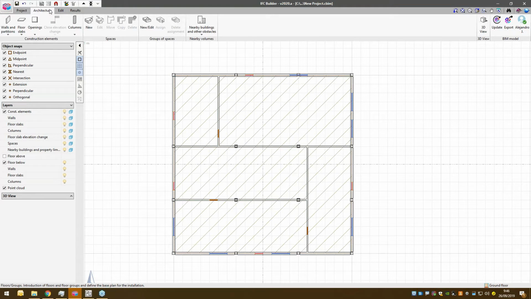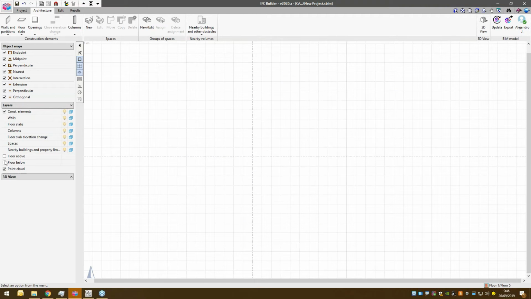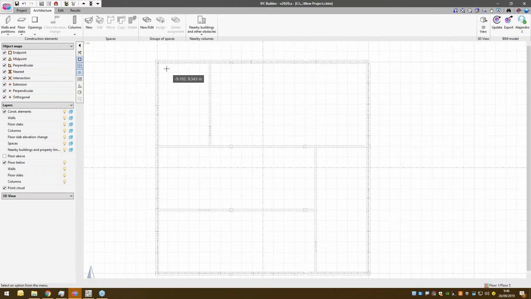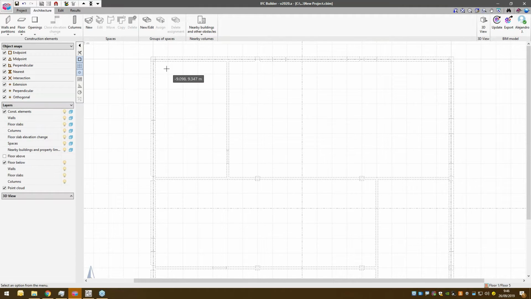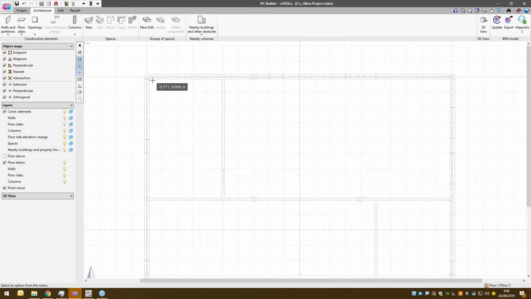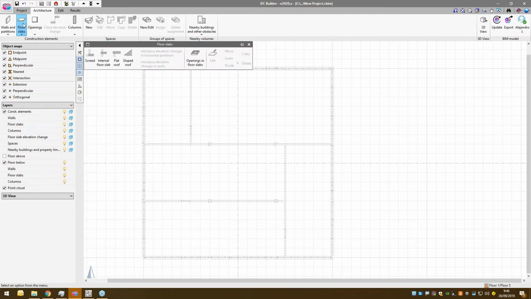This means that if I jump into architecture, go to this floor, you can configure whether you're seeing the elements that are drawn under this floor or above this floor. Obviously above I don't have anything yet, so I'm just gonna activate floor below,